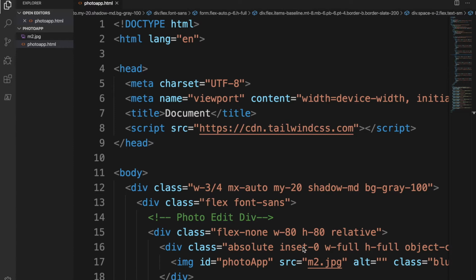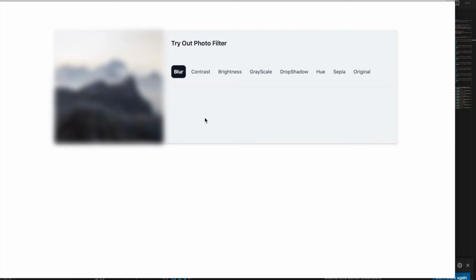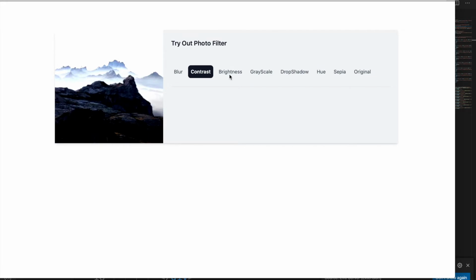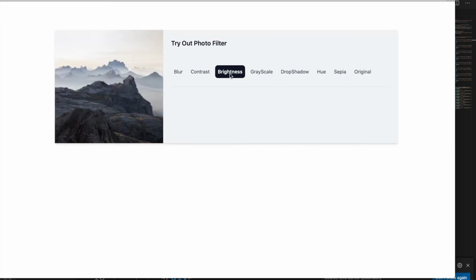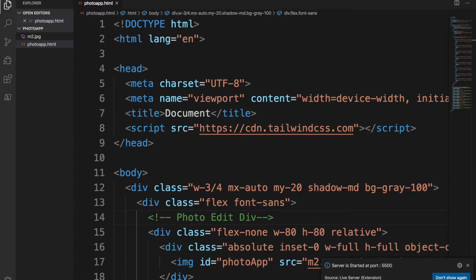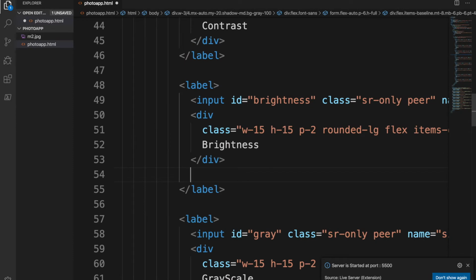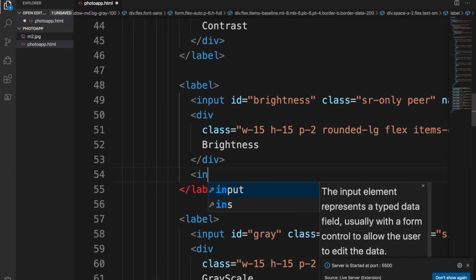This is a very useful UI element. In the last video, we created a photo app and used different filters and applied them to the photo. So if you see here, you can click on different filters. When you click on brightness, that's a fixed value, but we will add a progress bar here. So let's start. With the brightness filter we will add